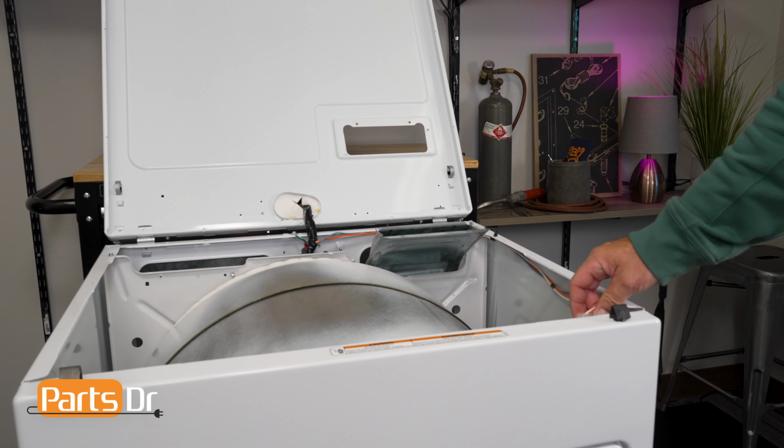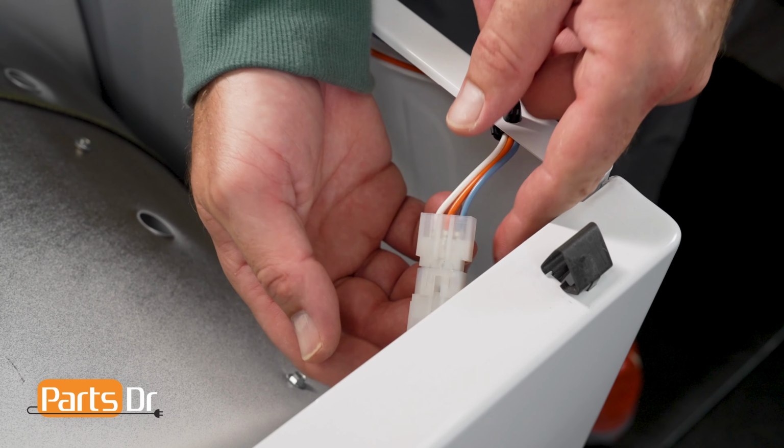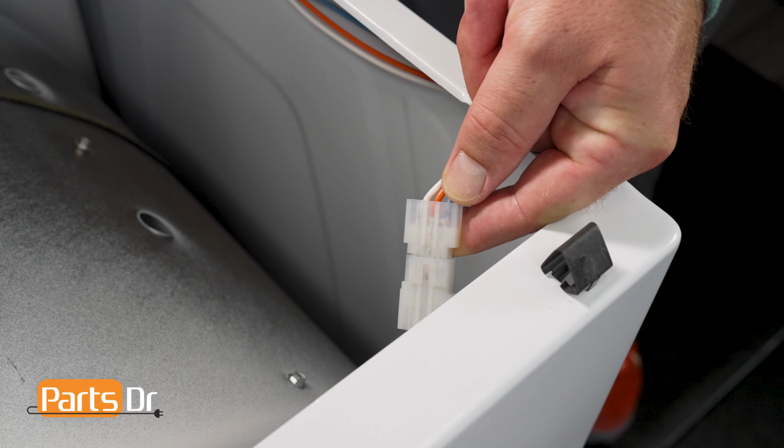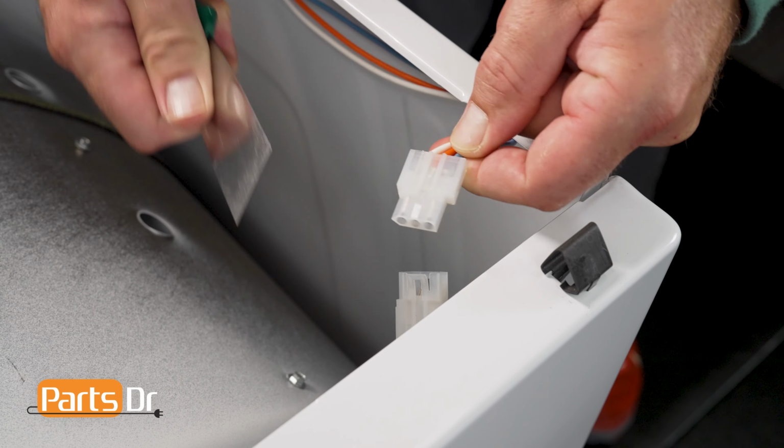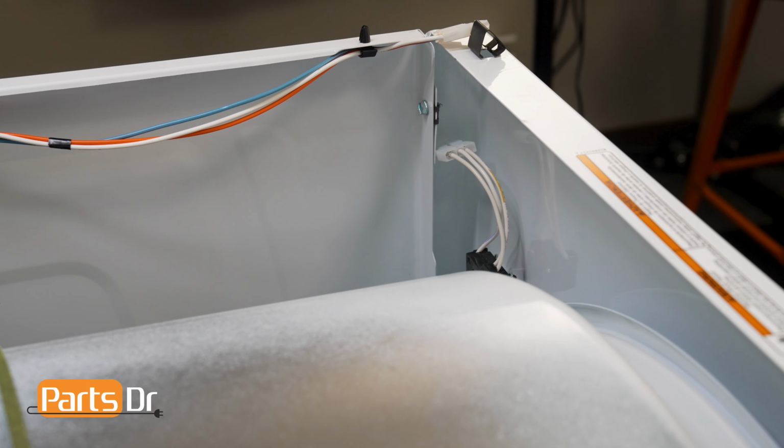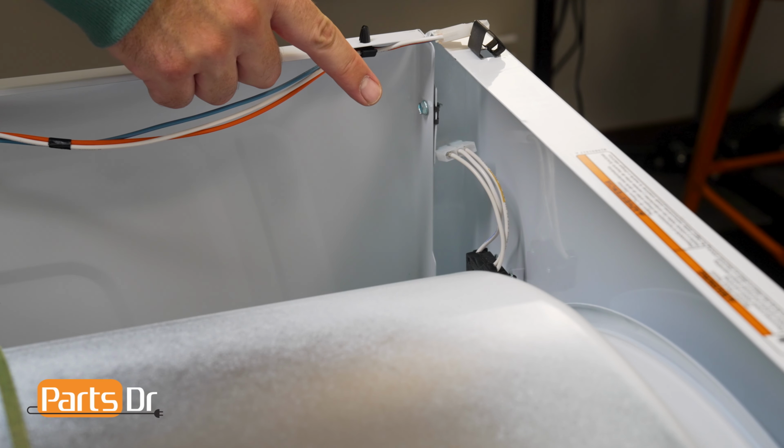Locate the door switch wiring connector in the front right corner of the dryer cabinet. Gently use your putty knife to release the locking tab on the door switch wiring harness and pull the 2 connectors apart. Once the top panel is secure and the door switch is disconnected, move on to removing the front